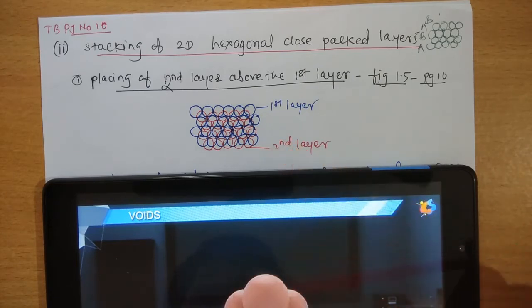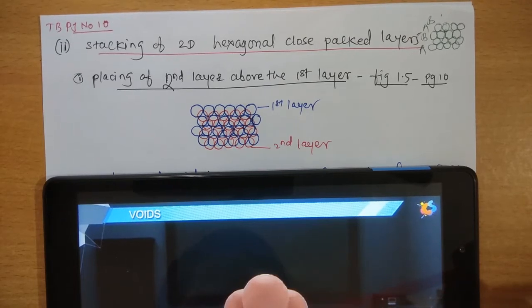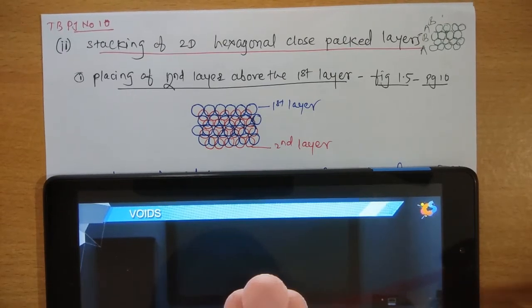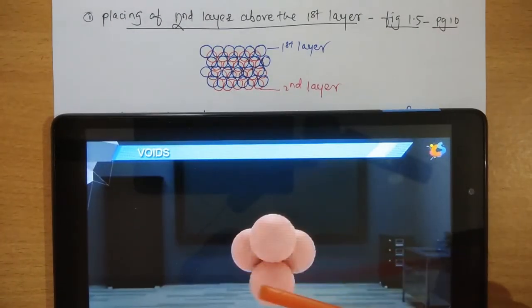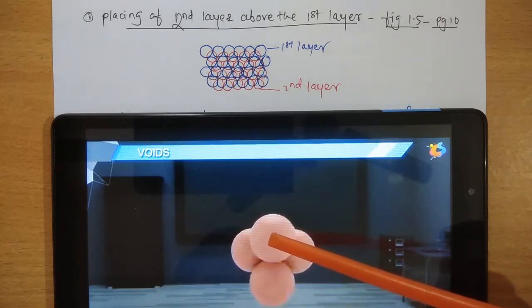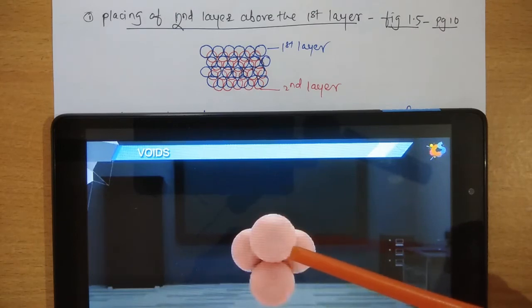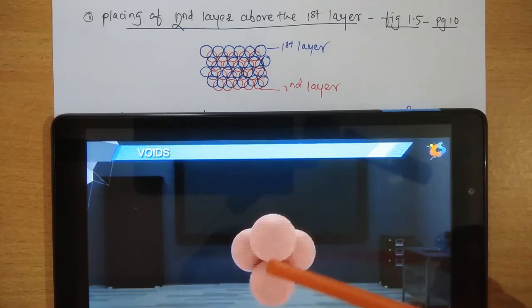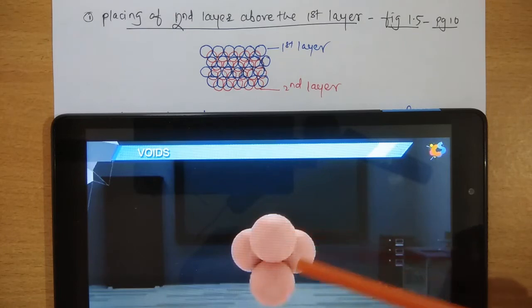Now how are tetrahedral voids formed? See, in the bottom layer, the first layer, the three spheres are of the first layer, and the upper sphere is of the second layer. In this way a tetrahedral void is formed by these four spheres, three of the first layer and one of the second layer.